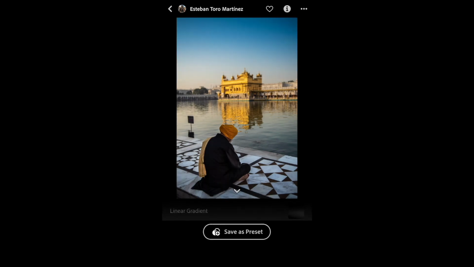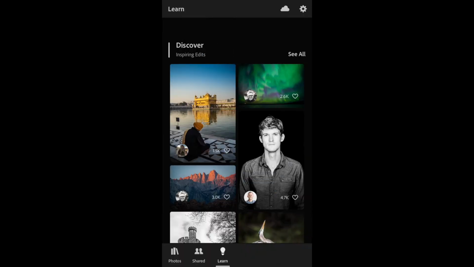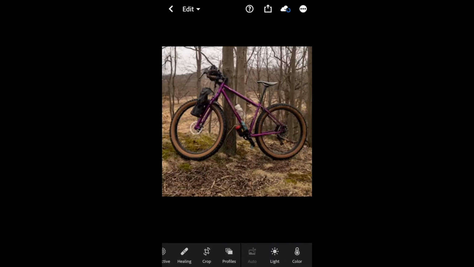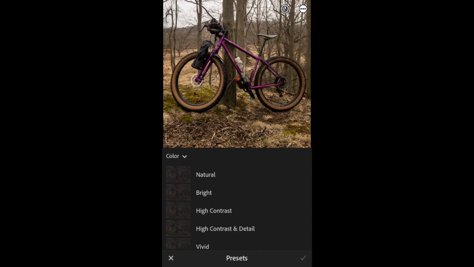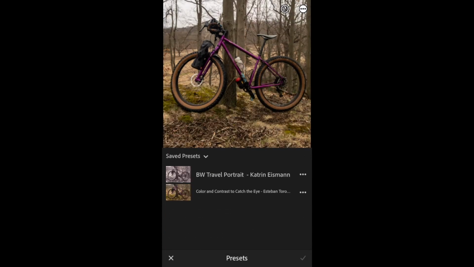Then if I liked that, I can save all of that as a preset so that it then shows up in my presets. Okay, so if I come down here again, let me grab one of my photos and I'm going to scroll over to my presets. Okay, and I'm going to go to user or saved presets, sorry, and there it is. There's one from Katrine Eisman that I've saved from before, and then the one that I just previewed is right